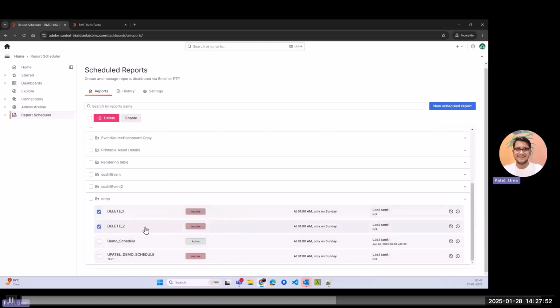Previously there was no confirmation. We have found cases where many users selected folders mistakenly and deleted the entire schedules, because there is no warning or confirmation message. So now we are deliberately providing a kind of guardrail here, and for delete one and delete two,